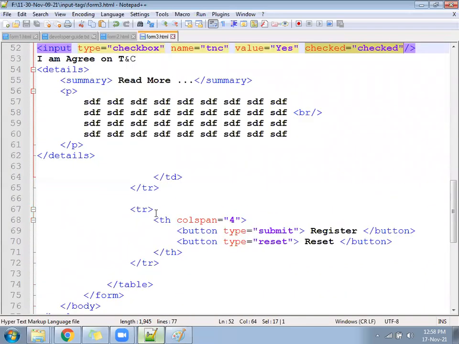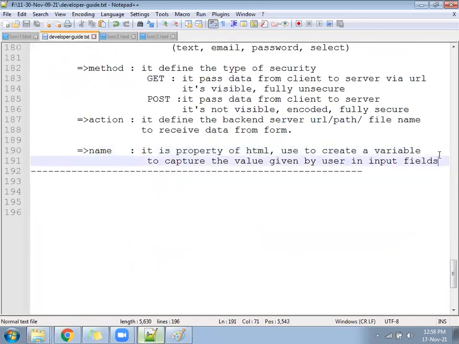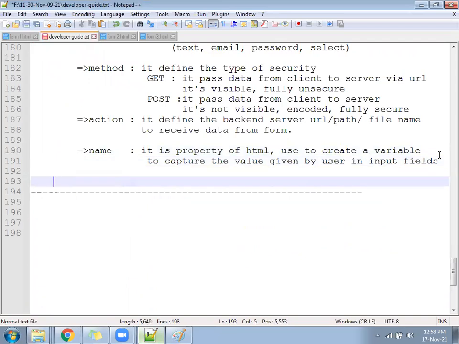If this page is working, we can make a small note for how checked works. Checked property is applicable for radio button and checkbox.